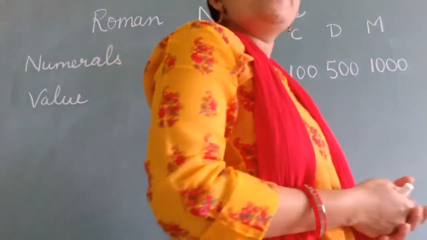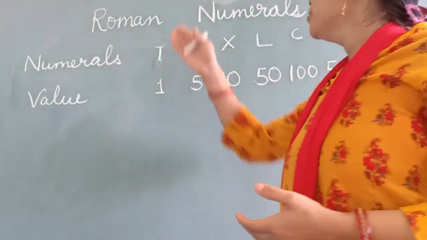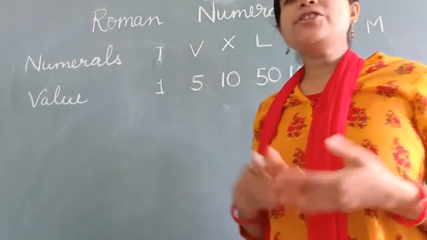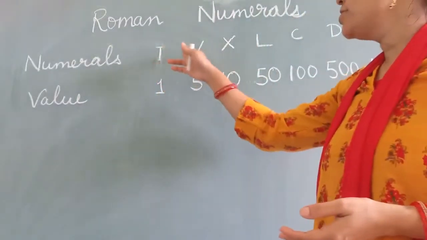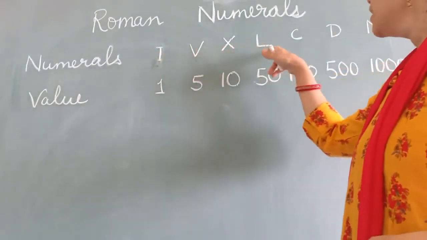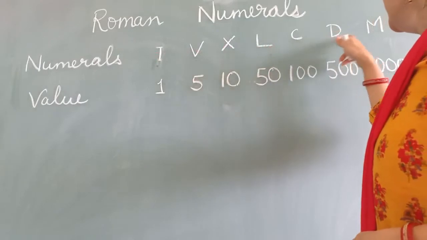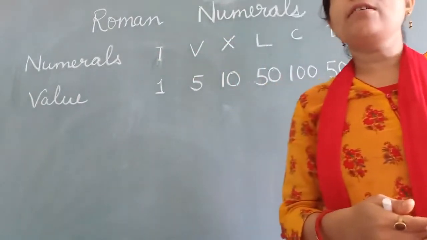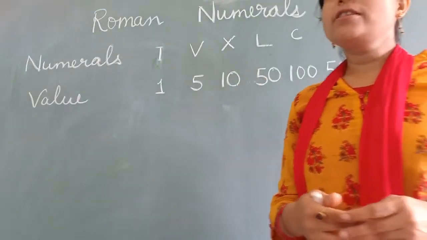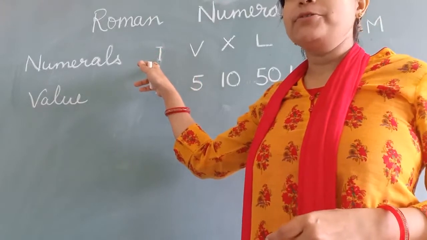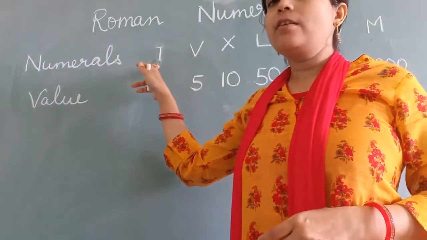A new kind of numbers, which we used to call Roman numerals, and we are using some English letters here. You can see these are the English letters. Now what do you call them? I, V, X, L, C, D, M. And you have found these letters on some clocks also. On the clock we write these letters. With the help of these letters, you write the numbers 1, 2, 3, 4 on the clock. You have seen it on the clock.